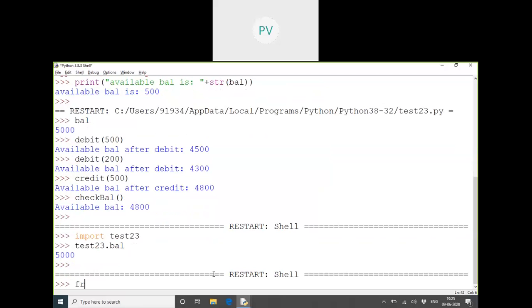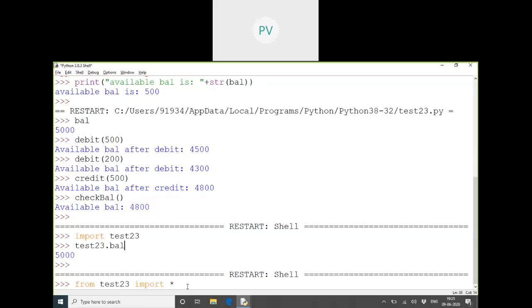For that we have to type an import statement like from test23 import everything. Like in Java we say import java.util.star. Just importing the file alone means we need to call everything manually with the module name.